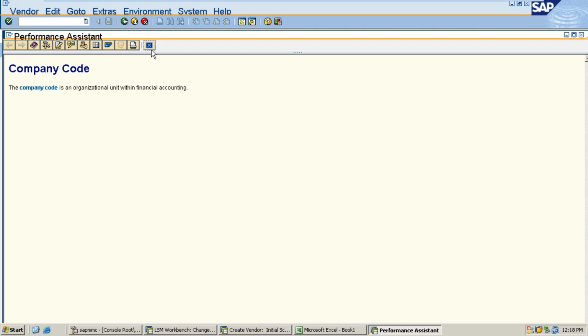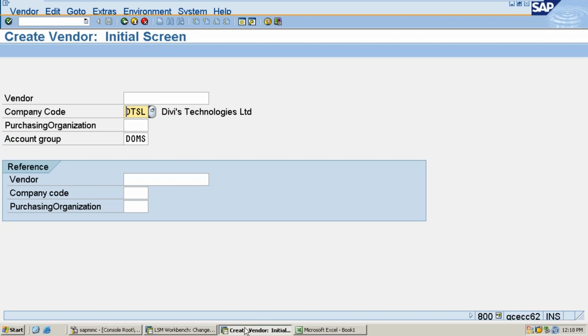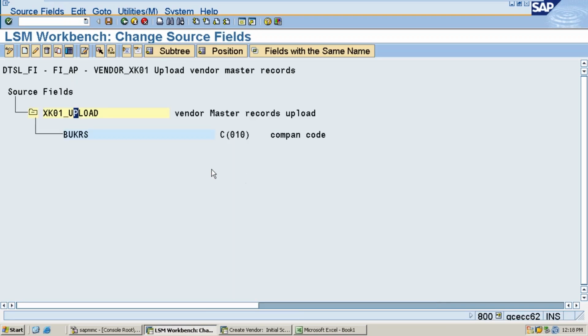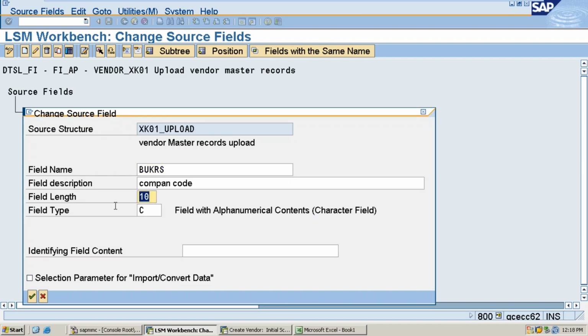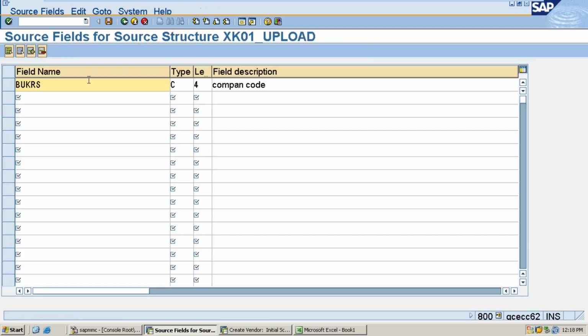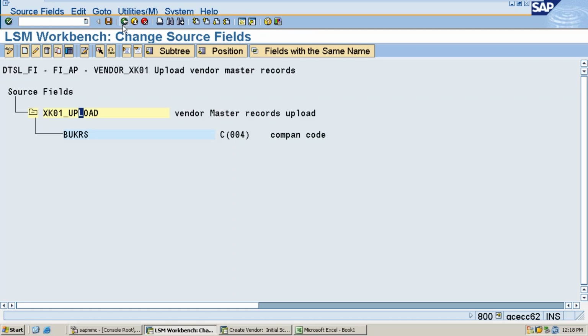Okay, I'll show you. Don't do it like this. This is stupid work. Manually, no one will do it. If not, you can do it like this. For example, the company code length is 4 digits, so characteristics like this you need to maintain one by one. Or if you want to maintain more than one field at a time, keep the cursor here and there is a click option. You can click like this also, and specify it like this. This is also okay, but it's useless work. Okay, go back.